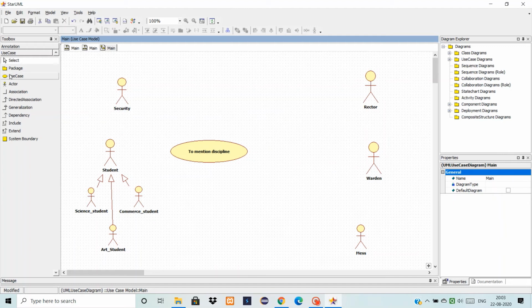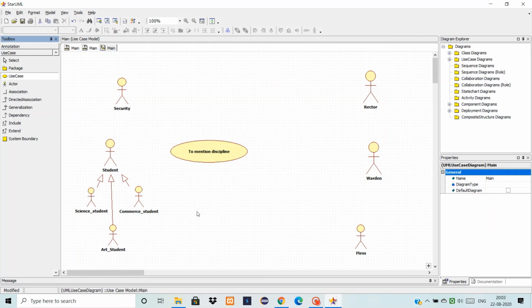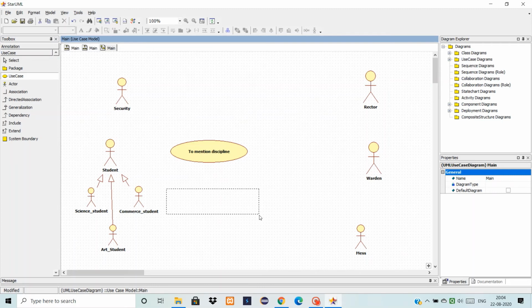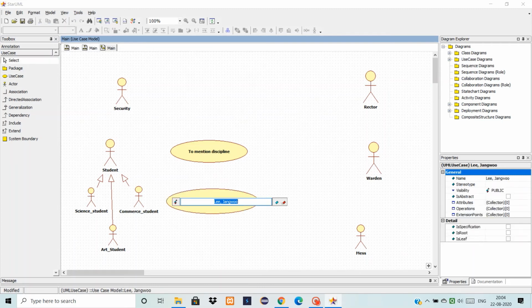Then the next use case can be to return to the hostel before the given time limit. We can say that it comes under the maintain discipline function, right? And that is a compulsory part. As I said, compulsory parts are shown using the include stereotype.